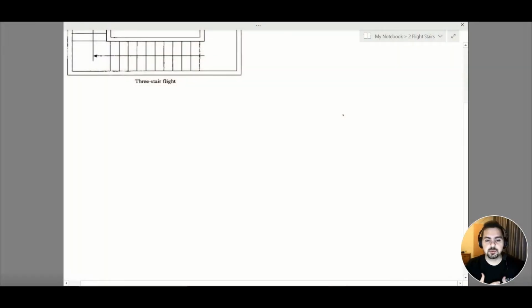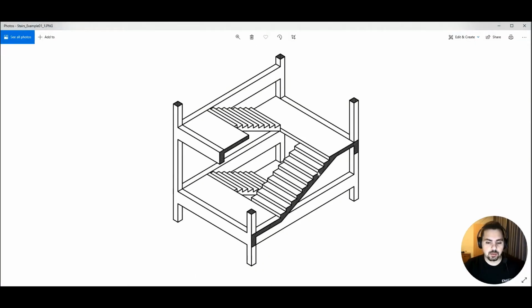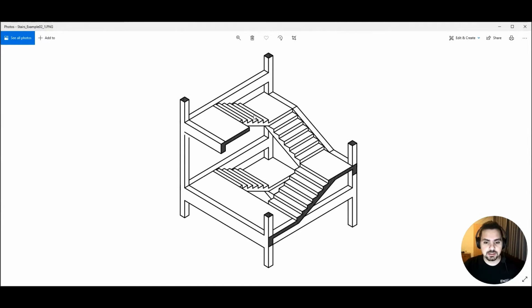Hello everyone, in this video we are going to start with our second example, which is a three-flight staircase. Now, if we look at this image, we are going to recall that a two-flight staircase has a landing, flight, landing, flight, then you'll reach your second floor. However, there's a minor difference when it comes to a three-flight staircase. So this image represents a three-flight staircase. We can see that we have a landing, flight, intermediate landing, flight, another intermediate landing, then flight, then you